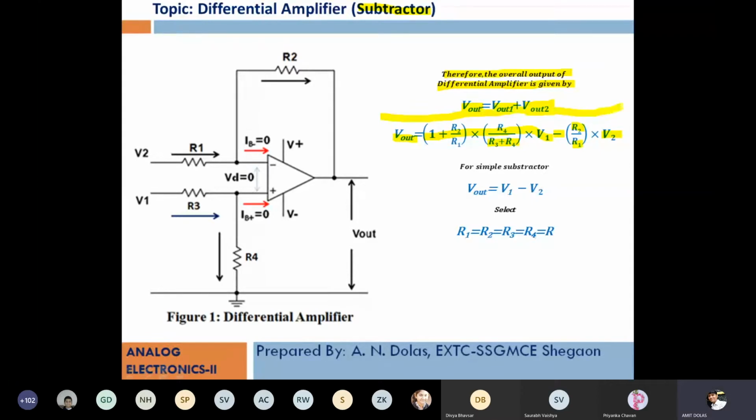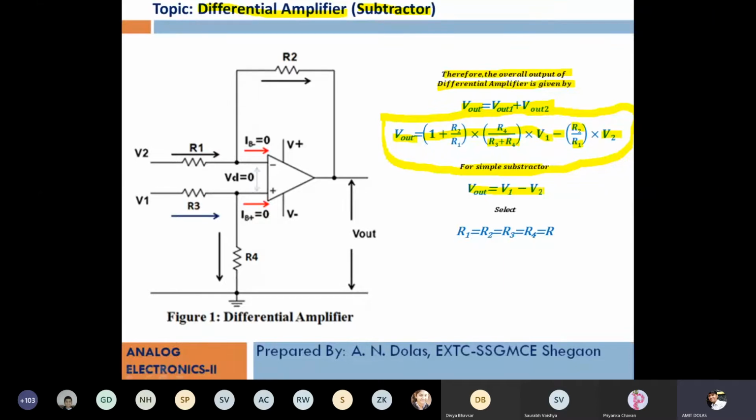And for simple subtraction, we will see the differential amplifier as a subtractor. There is no gain, suppose. No gain means I am subtracting one quantity from another. There will not be attenuation or amplification of any source. So simple subtraction is source V1 minus V2. I am expecting V1 and V2 to be subtracted, so Vout will be equal to V1 minus V2, that is, what is connected to the non-inverting terminal minus the inverting one.